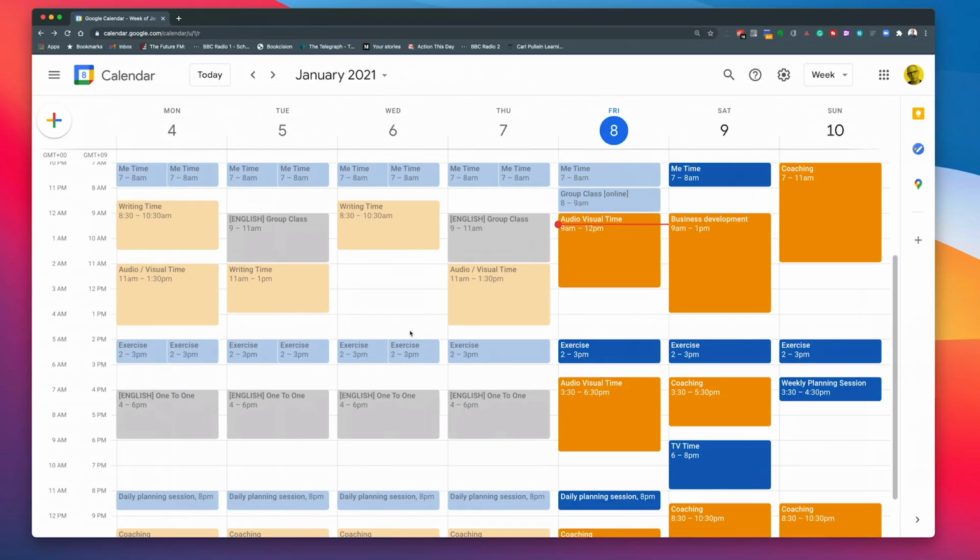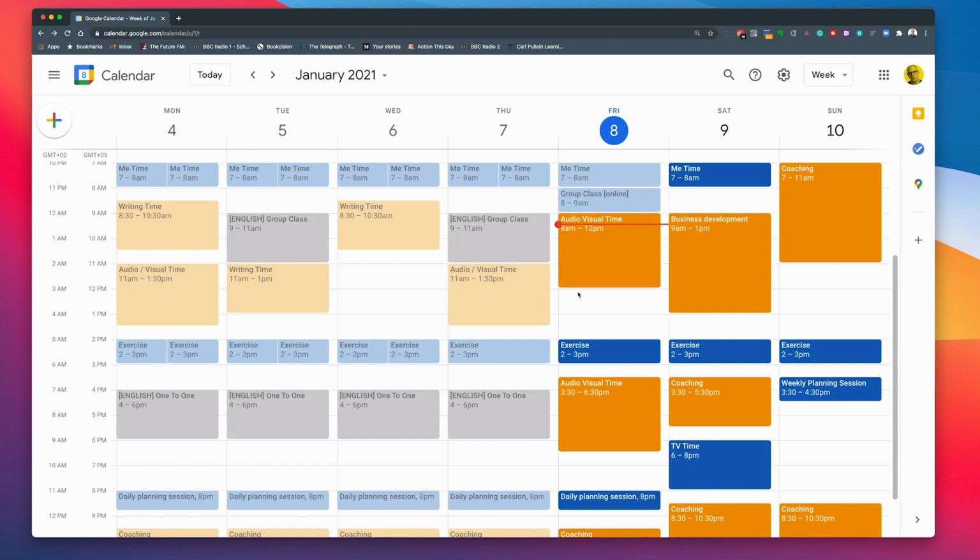So what I'm going to be doing when I'm doing my daily planning, I'm checking that I've got the time to do it. And I'm thinking, oh, right. So between 12 p.m. and 2 p.m., I've got a 2-hour block there that I'm going to keep free because who knows what might come up. We've got to be aware that we have emergencies that come up during the day. So I don't want to schedule anything in there. I'm not going to put like communication time in there, which I could do.